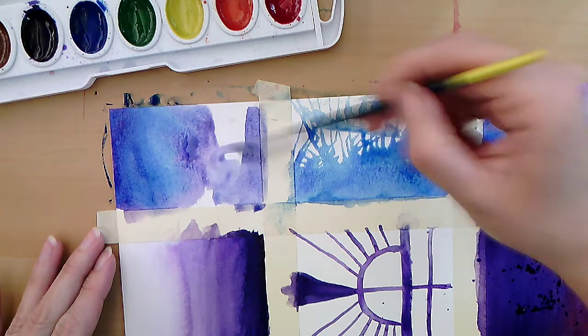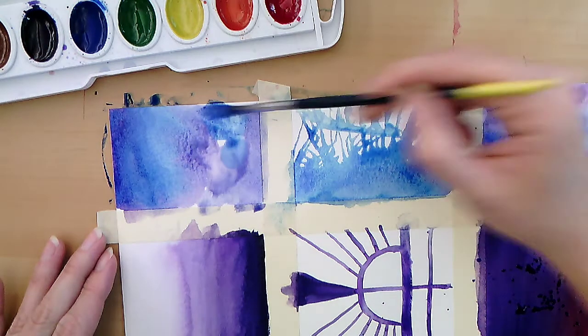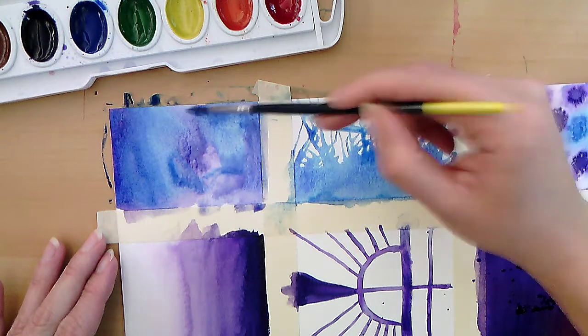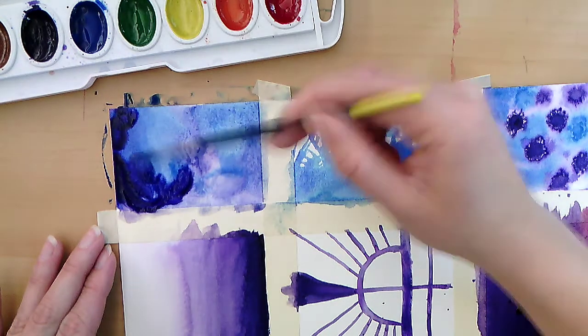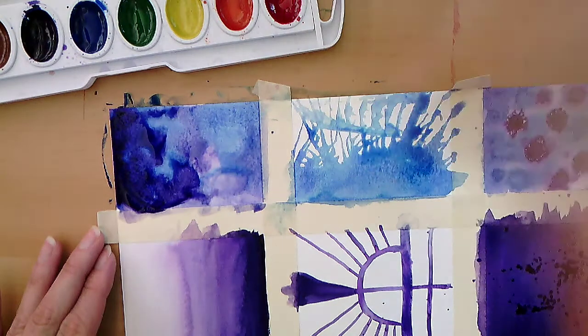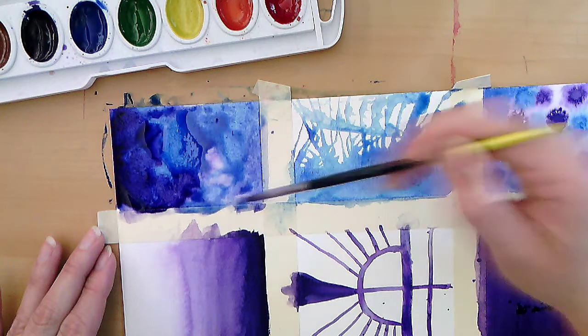So I'm just doing a swirly technique. I'm going to add some blues in there. You see how it just flows nicely. And it still has to be pretty wet, otherwise this isn't going to work. So I'm just going to add another layer of wet on here. Really let that stuff fade and do whatever it wants, adding a bunch more blue. And then while this is wet,